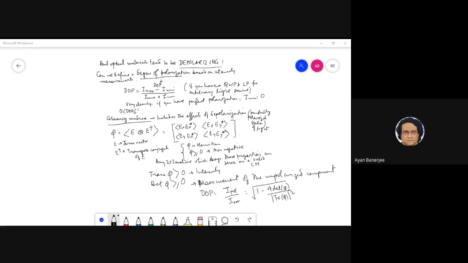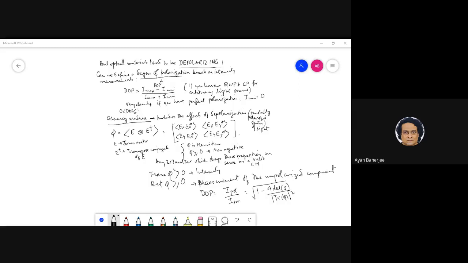One thing you can say now, that I will probably stand corrected, in the sense that if your E_x and E_y are not the same, then it may not be zero. It's not that it will always be zero. What I'm saying is, if you do not have fluctuations, the coherency matrix is a measure of the fluctuations in the phase, the delta x, delta y. If you have a constant phase relationship between E_x and E_y, then it is perfectly polarized.